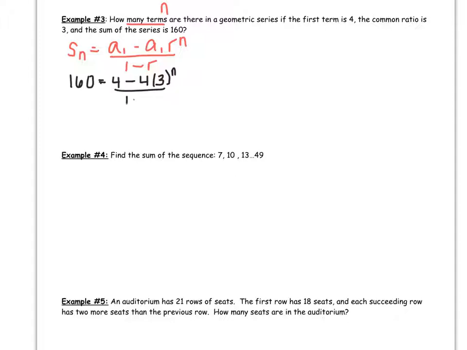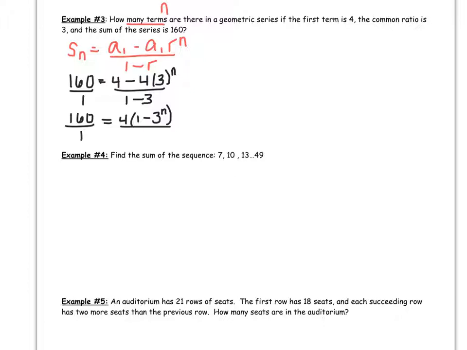And the goal is to find the value of n. So this just requires a little bit of algebra. So we're going to put this 160 over 1, and we're going to cross multiply. But maybe before we cross multiply, we can simplify this. So this here is 160 over 1 equals 4 parentheses 1 minus 3 to the n